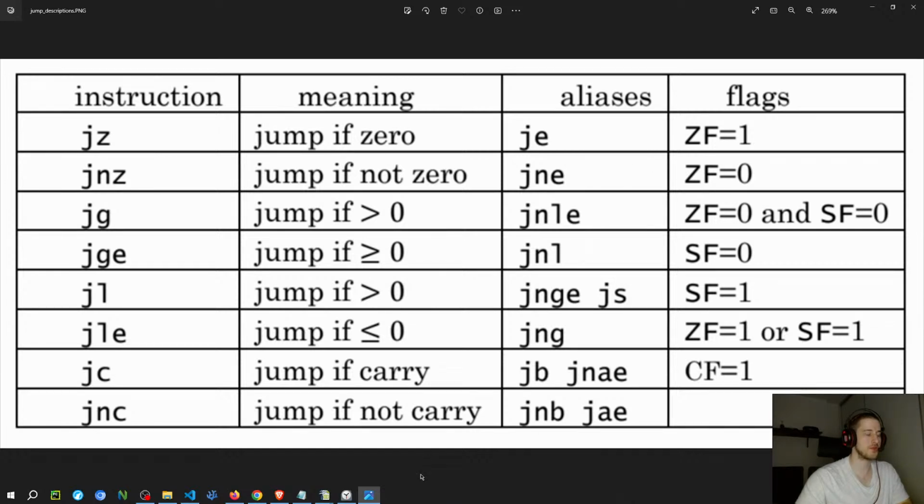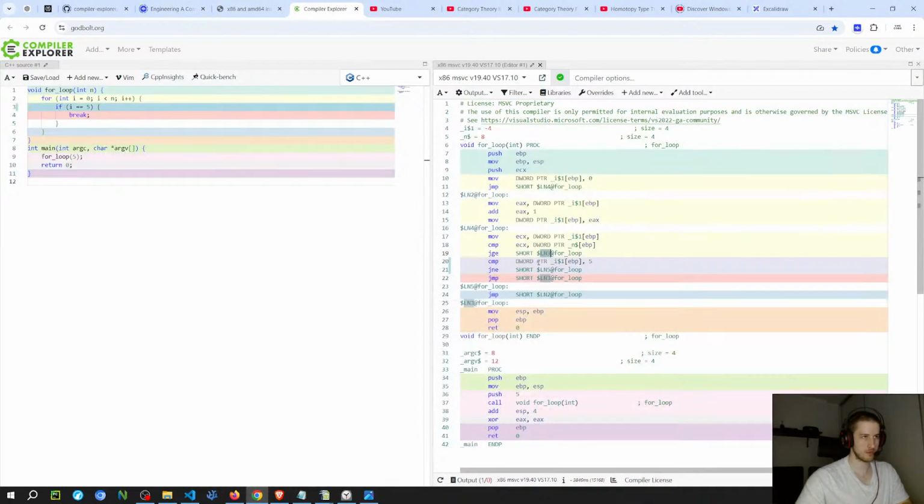ZF equals 0. So it's basically not going to jump here. No, I think it is going to jump, so it jumps if ZF equals 0. Because if they are equal, ZF is going to be 1, because the subtraction is 0. So this one is the one that is going to jump, because it's different there. And this one is the one that is going to jump to the other location, which is going to increase.